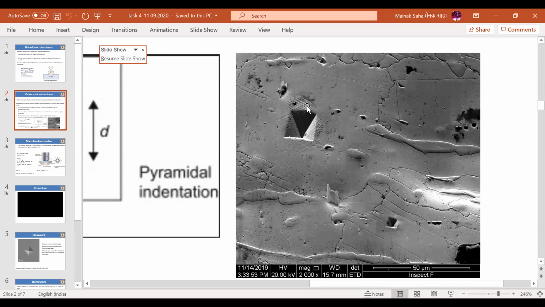Similarly, you might also expect to see these lines around this nano indent, but here the magnification is quite low. 2000x is not that high a magnification in SEM. In SEM people have gone to around 10,000x, even 20,000x. Since this is a small size, there will also be slip lines around it, but they will not be as predominant as for the larger indent.